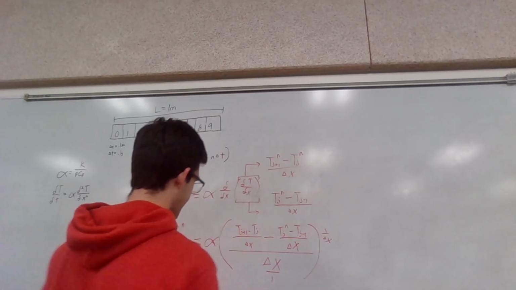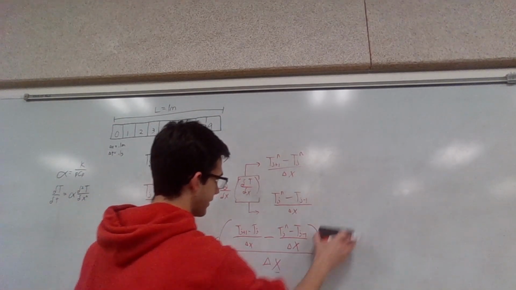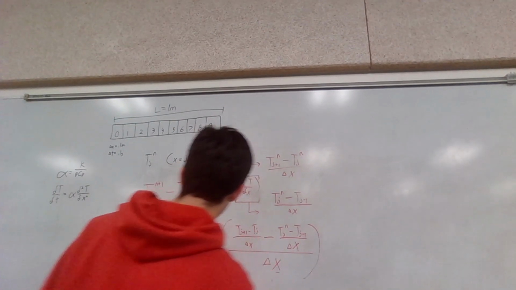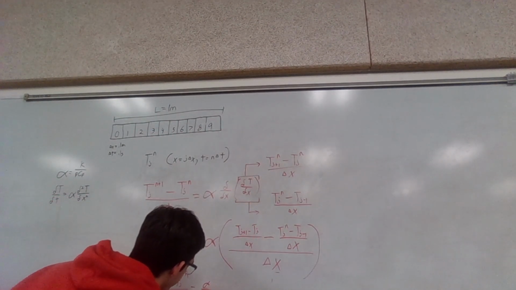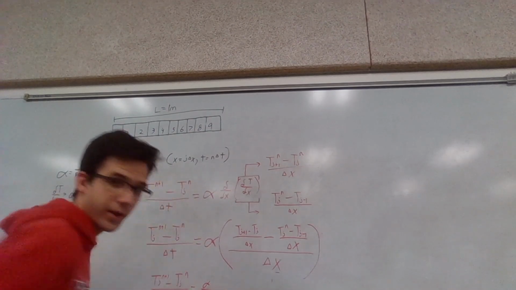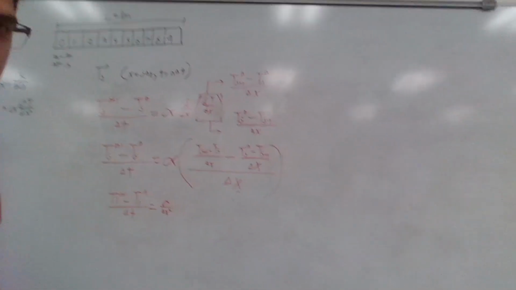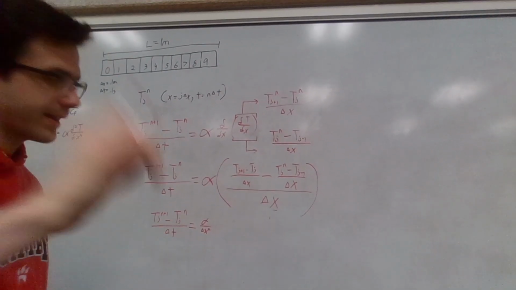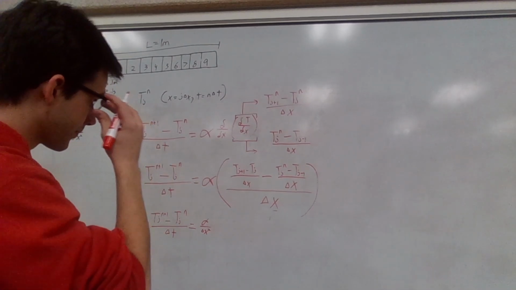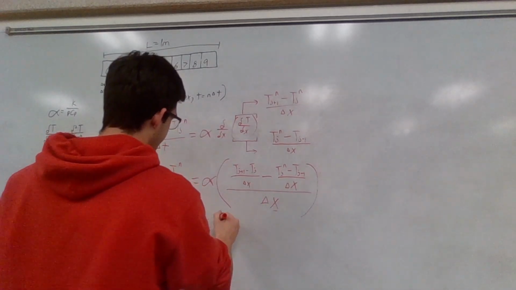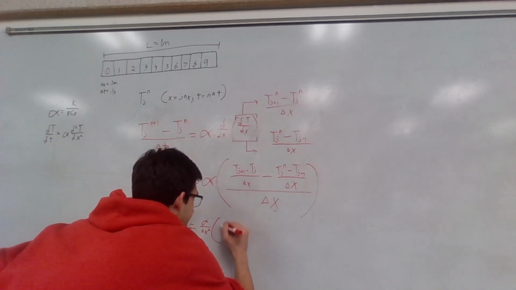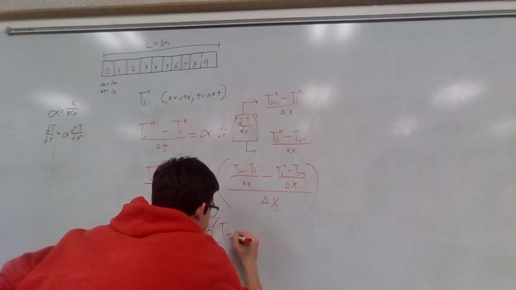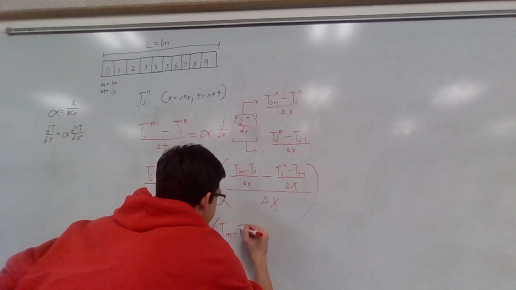So let's just pull out delta x squared so that we don't have to keep writing all these fractions. We'll have alpha over delta x squared, and we pull that out, and then we're just going to be left with, in parentheses, our T j plus 1 minus our T j